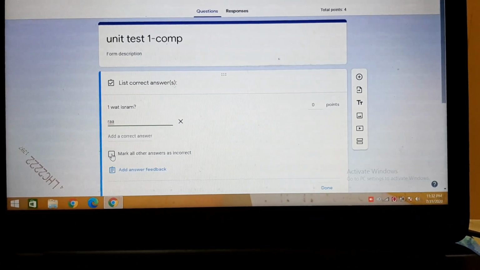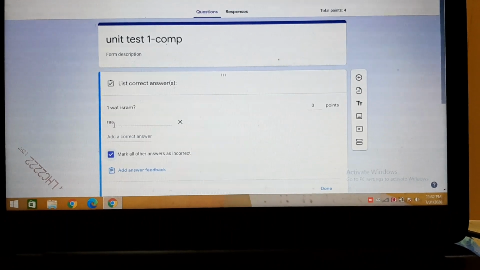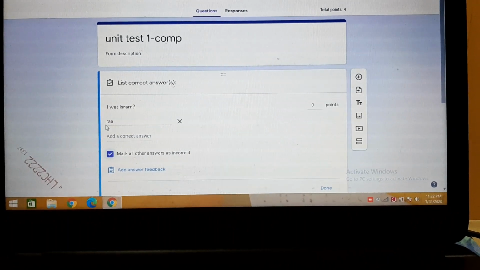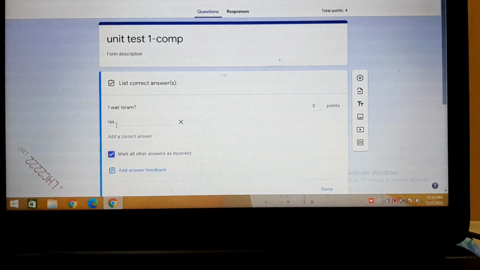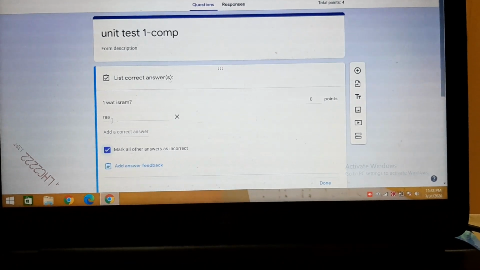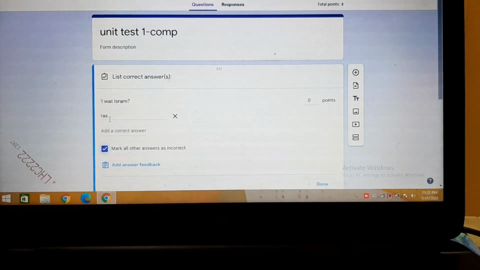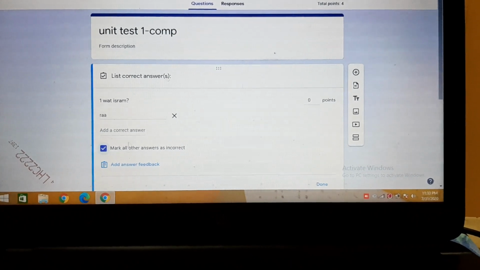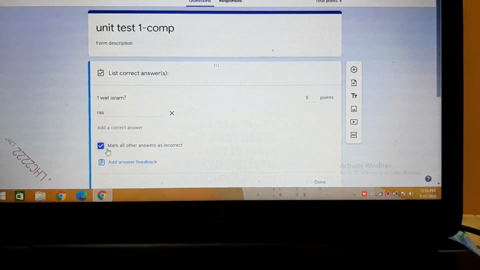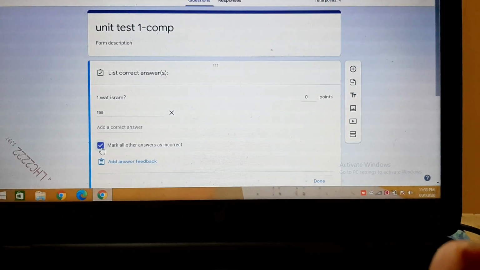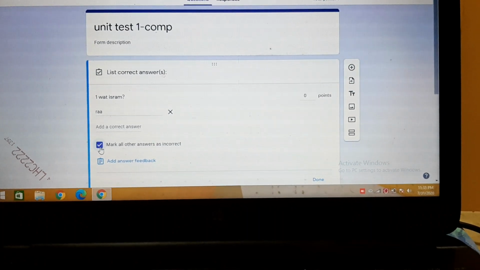So if we are checking this, that means I want RAM to be written as RAM only. If the child is writing a wrong spelling, it will be marked as incorrect. So we can give the relaxation or we can make it strict.